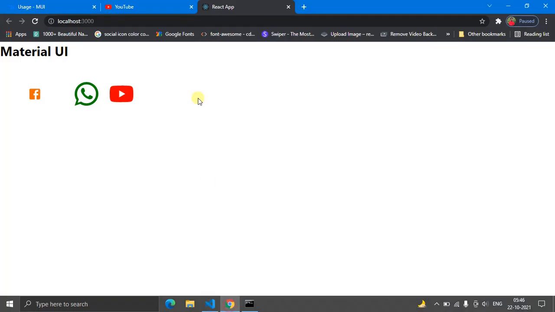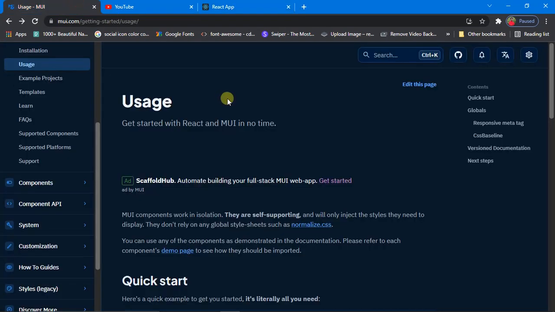For that just come over to this Material UI getting started page or documentation page. I'll provide this link in the description. And now we are interested in the icon button component, right? Whenever you are interested in some component and want to know more about it, we have to look at its API page, okay?